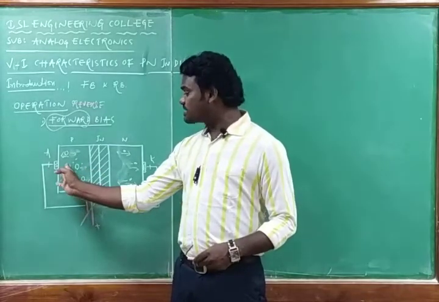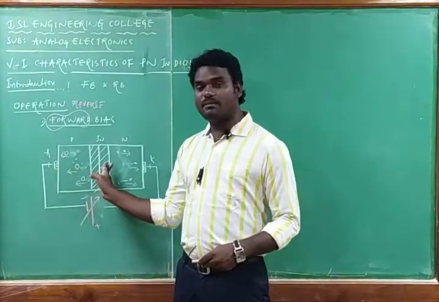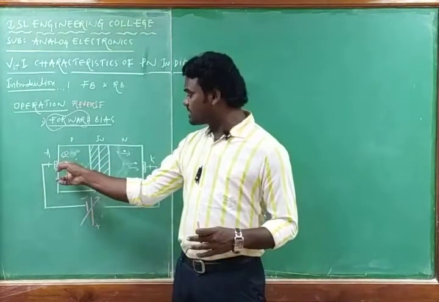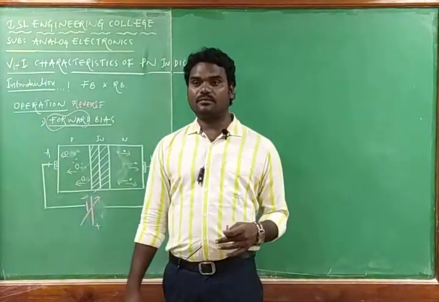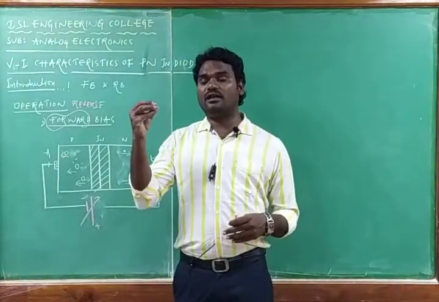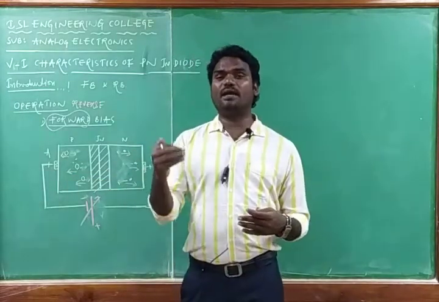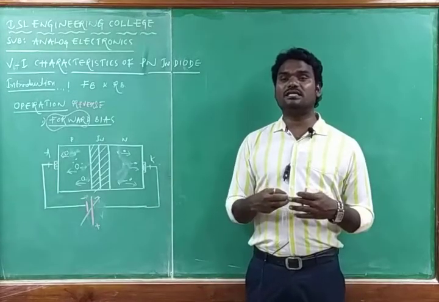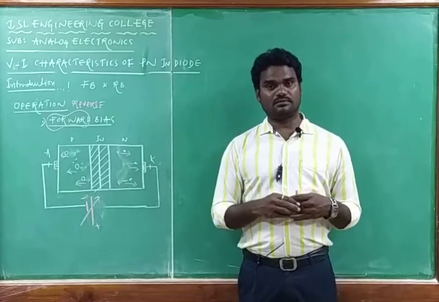such that electrons go through this depletion layer using a tunneling effect. Due to the tunneling effect, electrons will tunnel through this depletion layer, and so it conducts current. This current is very small, because the number of electrons in the p-type semiconductor is very few, and they are minority charge carriers. The current conducted by minority charge carriers is also very small.